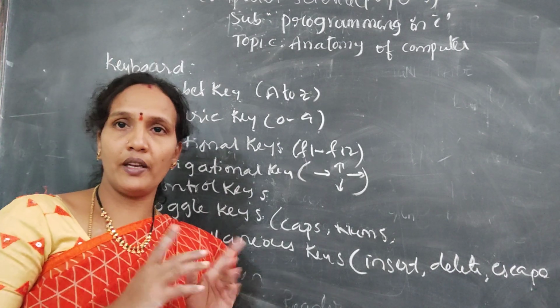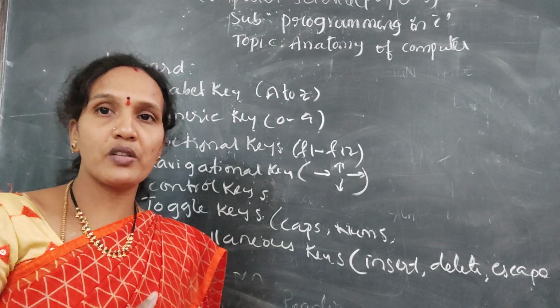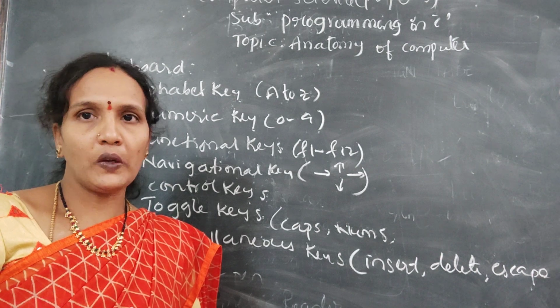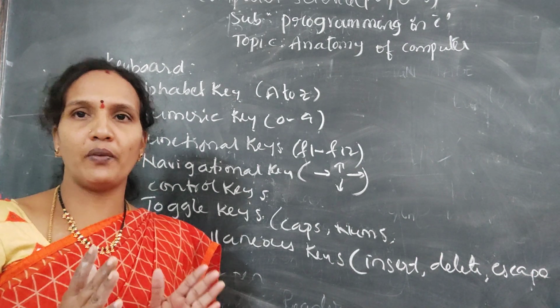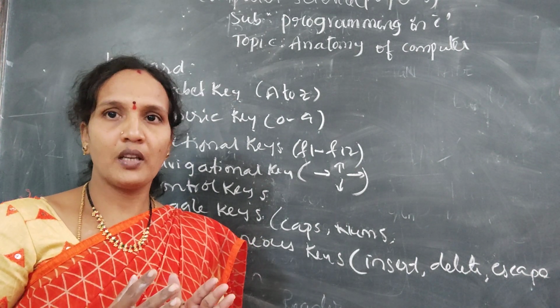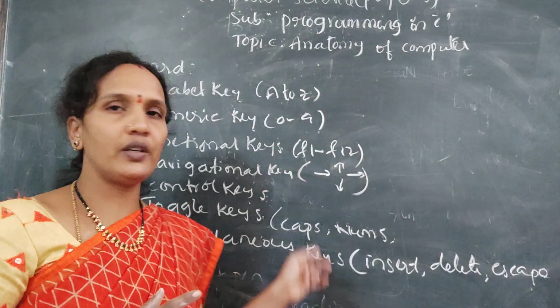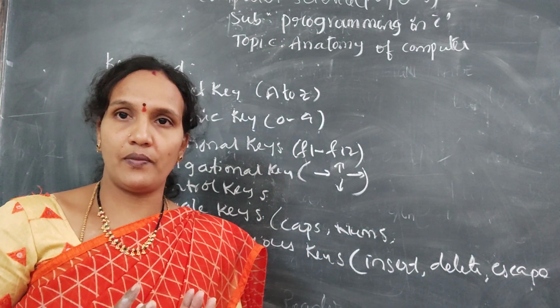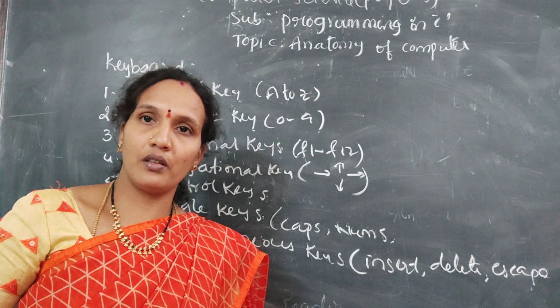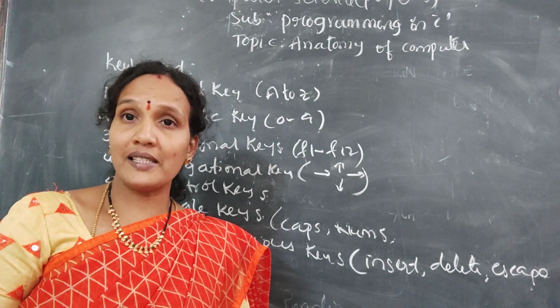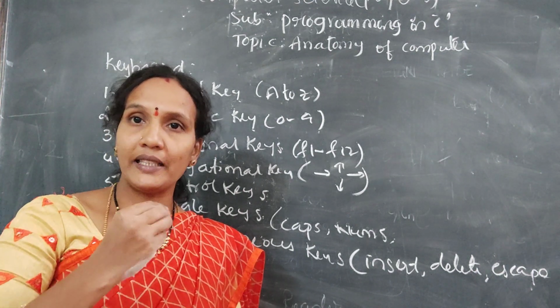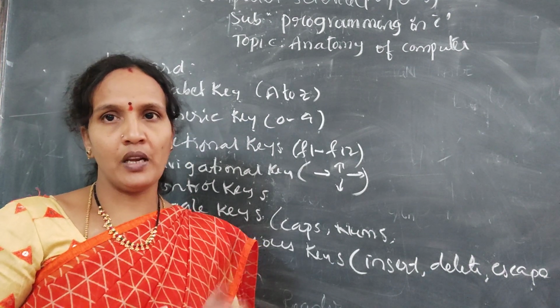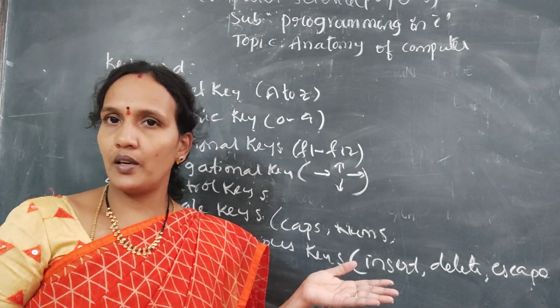Again, whenever you get this question, answer based on the marks. If it is only input devices for a short answer question, then you just need to give the list of the keys. But if the same question is given as an essay, then you need to write the complete definition of each and every key and the name of the key. Understood?